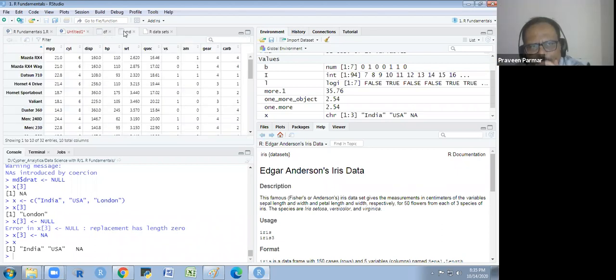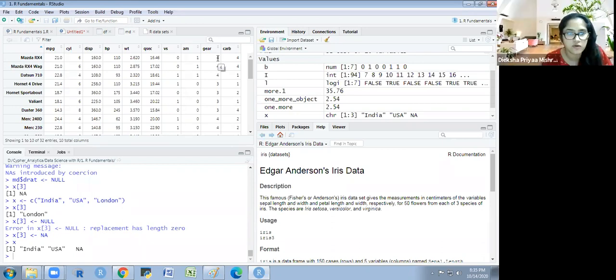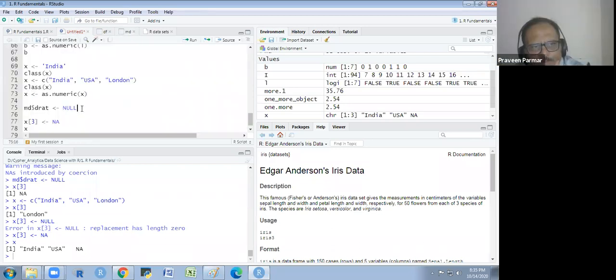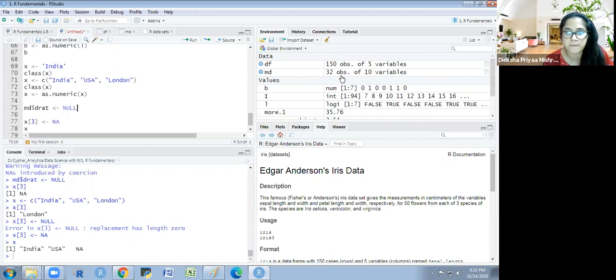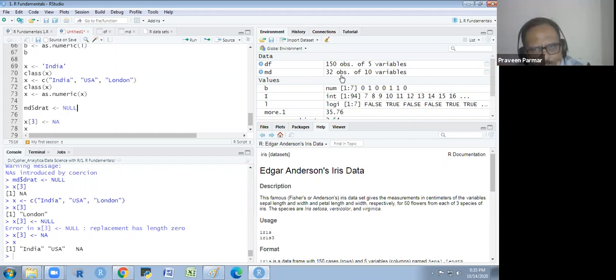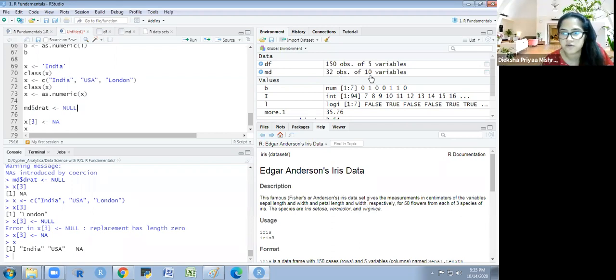Can you view your data? Is there that column in your data? Sir, how shall I view my column in the data set? Have you read the data first? Is your data in the global environment with the name you have given? First you see over there. Yes, sir, it is there. How many columns is it showing you? 32 observations of 9 variables. Oh, 2 variables are less there.